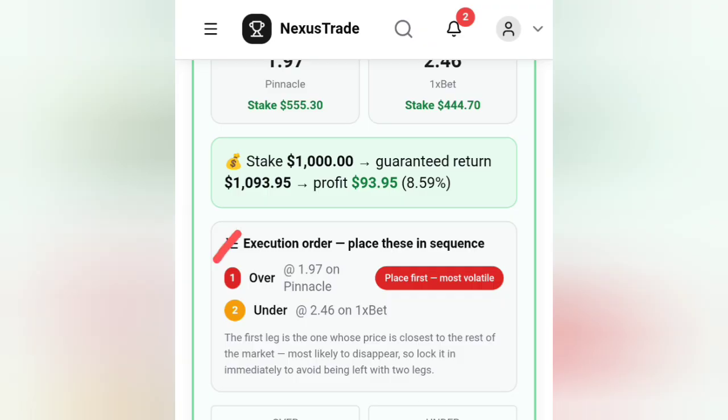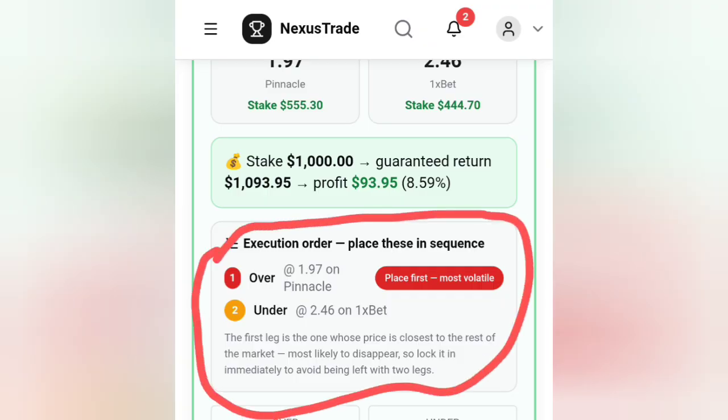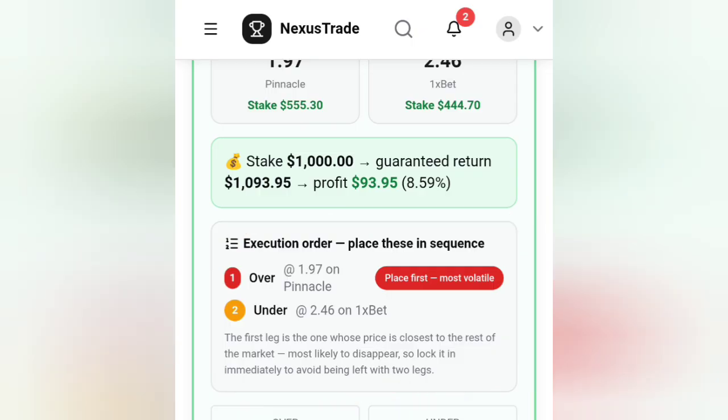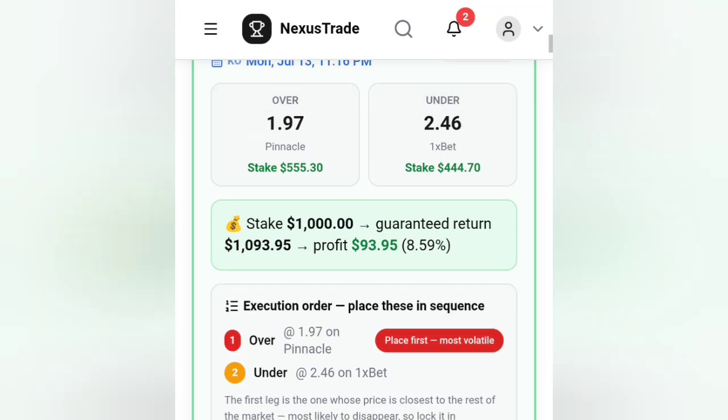Now you can see right here, this area, it says this leg is the one whose price is closer to the rest of the market, most likely to disappear, so lock it immediately to avoid being left with two legs. All right. So what you have to do is the first one, you go for it. The second one, you go for it, because you have to stake over 2.5 and you also have to stake under 2.5, meaning you go to platform A, which is Pinnacle, and stake over 2.5